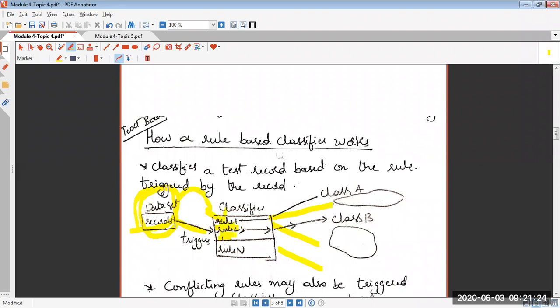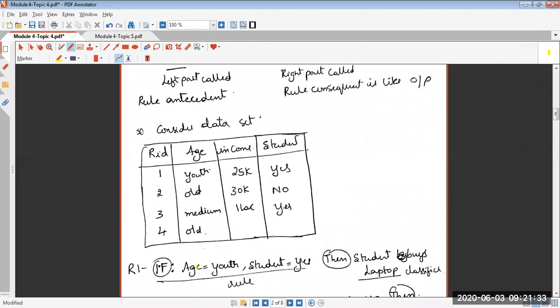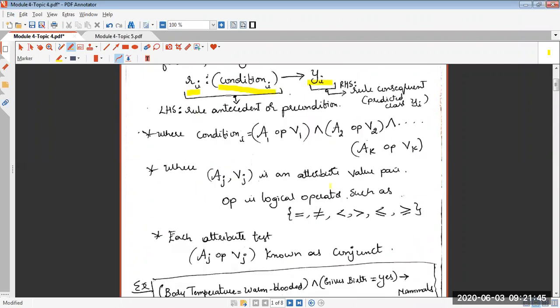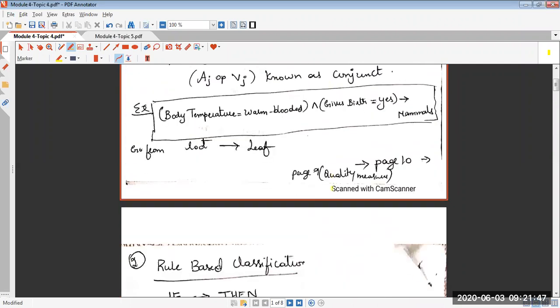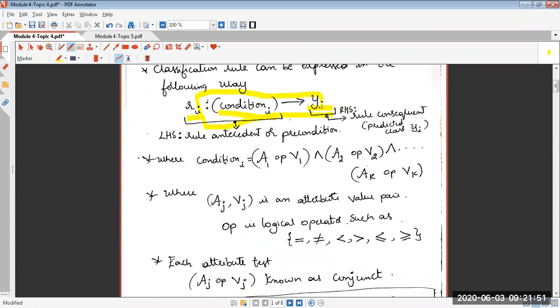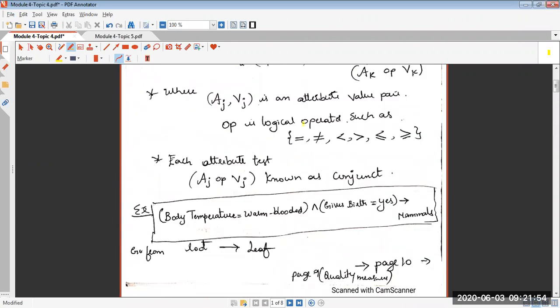So we understood what is a rule. We saw the general form of a rule. A rule will have a rule number and a condition. You'll have a condition towards the left hand side, and towards the right hand side you have a class label. This was the general form. We explored a few more aspects of this particular general form. I hope you have gone through all those contents for a better understanding of this session and further sessions.